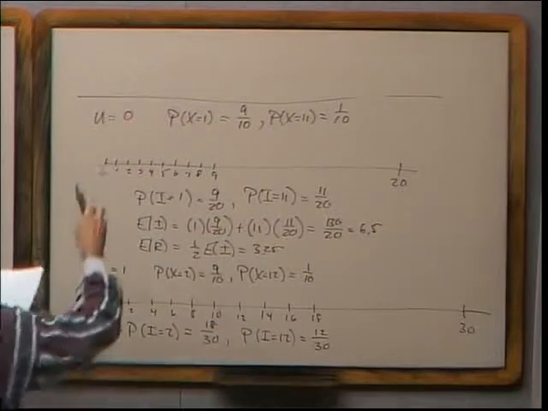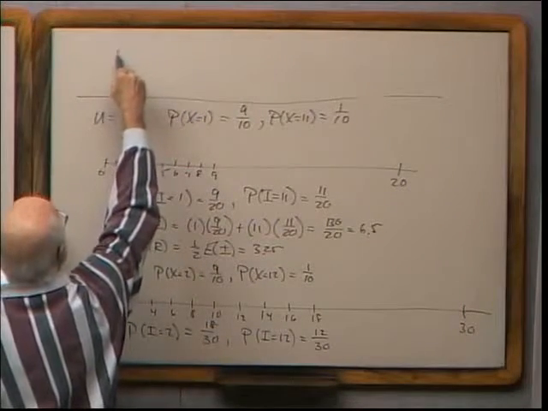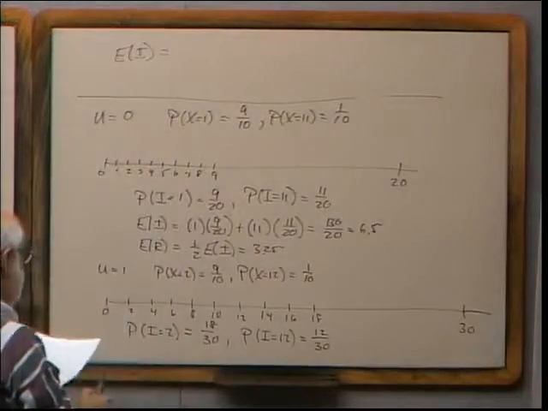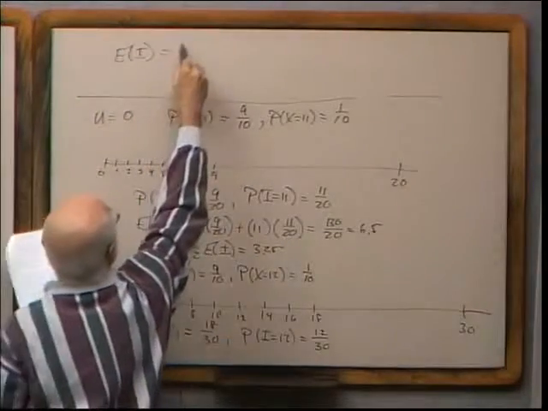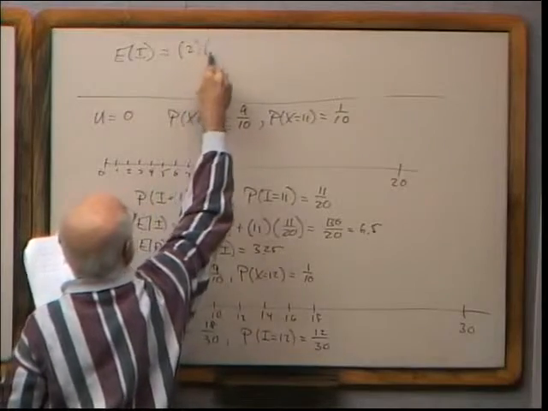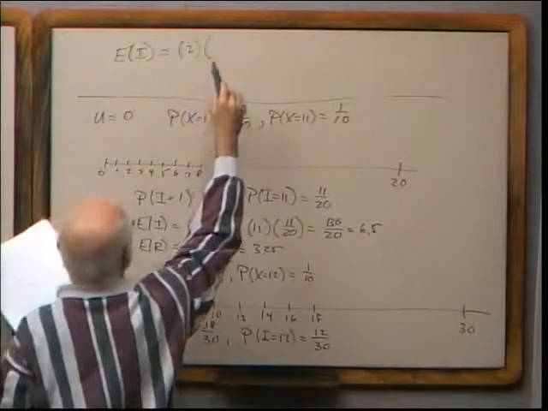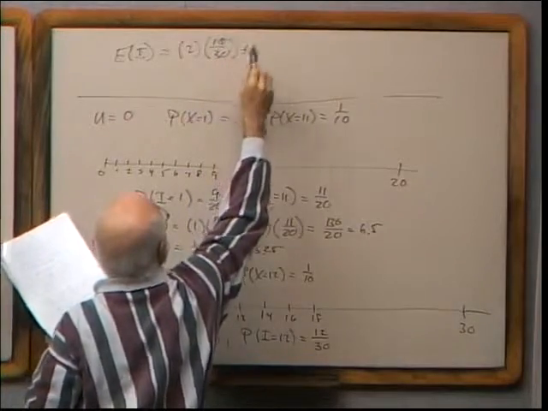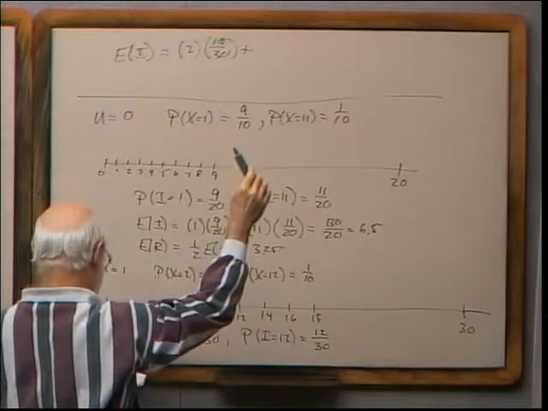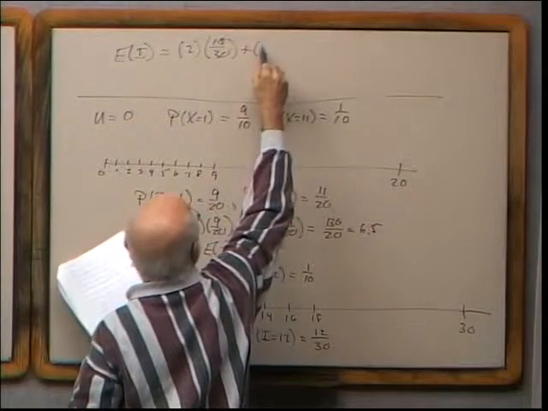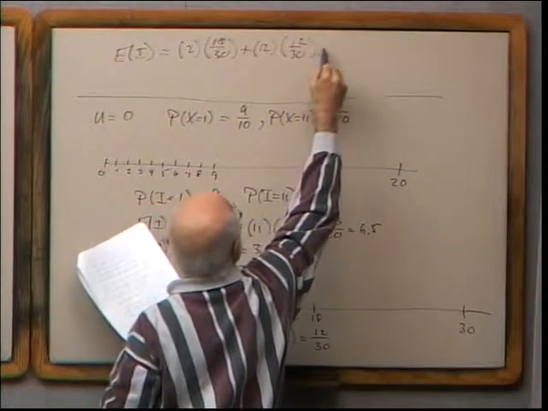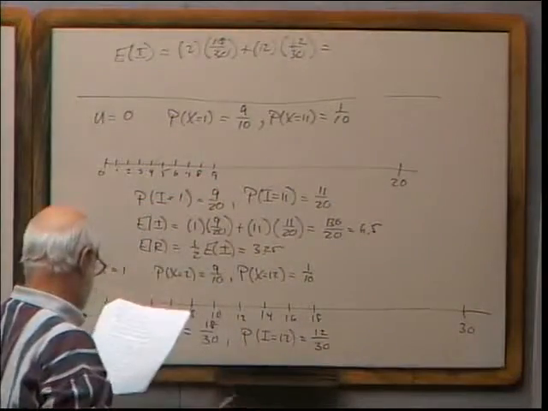So the expected value of the covering interval I is now given by 2. That's the value the random variable takes, times the probability it takes it, which is now 18 over 30, plus, with probability 12 over 30, it takes the value 12, times 12 over 30. And now simple arithmetic shows that that's equal to 180